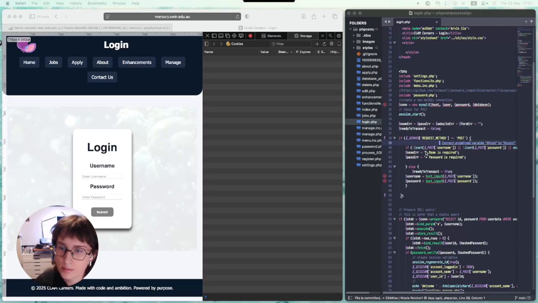I will just be talking about the enhancement pages, login PHP and register PHP for the Clam Careers website. So the idea of it is to create a login portal that you have to use in order to access the manage page. For this demonstration, it's just going to be admin and password, but how it works is that